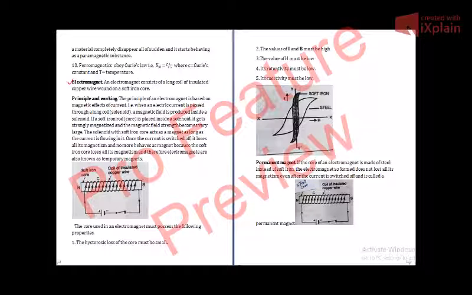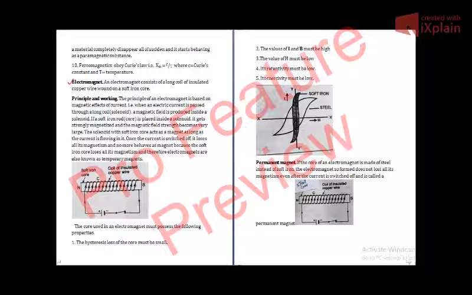Once the current is switched off, it loses all its magnetism abruptly, in no time. So its retentivity or coercivity is nil, very small, and it no more behaves as a magnet because the soft iron core loses all its magnetism, and therefore electromagnets are also known as temporary magnets.